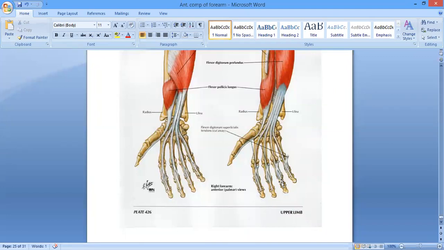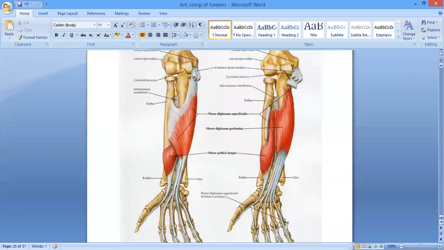Is it clear? When we talk about the flexor digitorum profundus, it is a bigger muscle, a muscle of the deep group, the bigger one, and profundus means a deep bender of the finger. It's a Latin word, ठीक है, meaning a deep bender or flexor of the fingers. So this is a muscle which has a dual nerve supply.